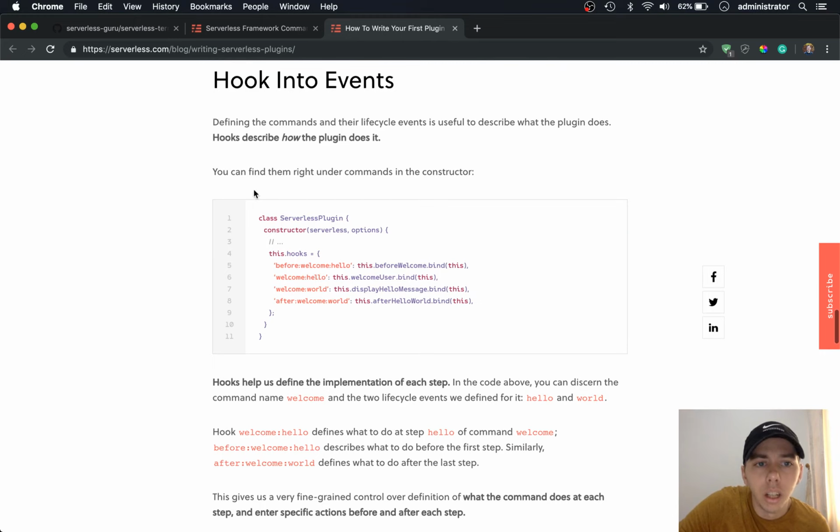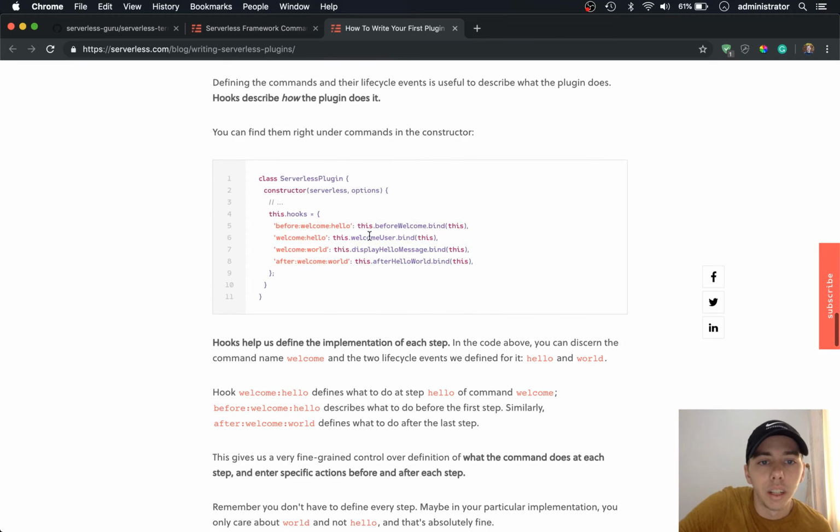And then you can find them right under the command of the constructor. So we have the class ServerlessPlugin. We have a constructor here for serverless and options. We have hooks: before welcome, after. All these ones will then run code. So we can see here that if somebody says welcome, the thing that's going to happen first is before welcome